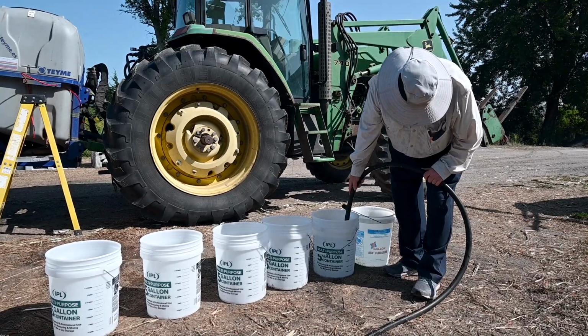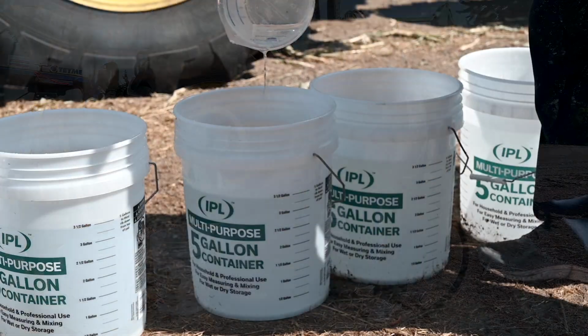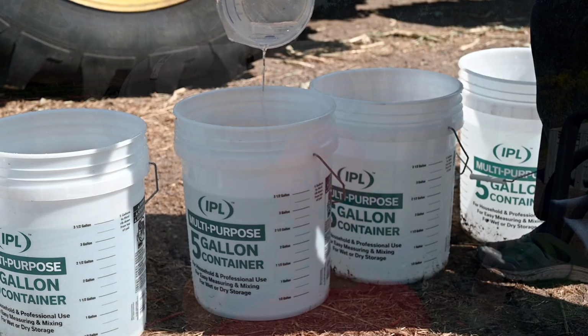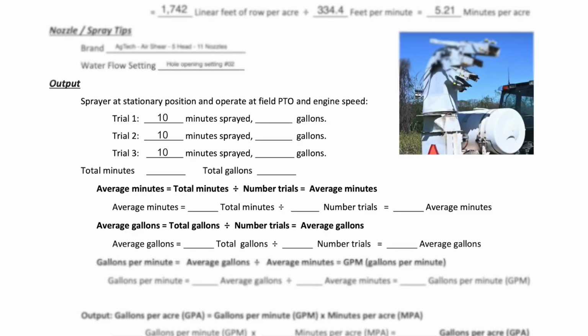At the end of the 10 minutes, we refill the sprayer to the point it was before spraying, carefully measuring the amount of water it takes to fill the sprayer back to the original starting point. Then record the number of gallons it takes. For this example, the measured amount of output was 85 gallons. Repeat the process 3 times in order to determine an accurate average spray output. The second test recorded 86 gallons sprayed, and the third test 84 gallons.